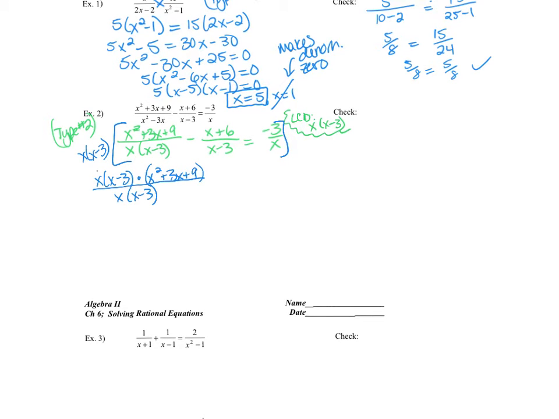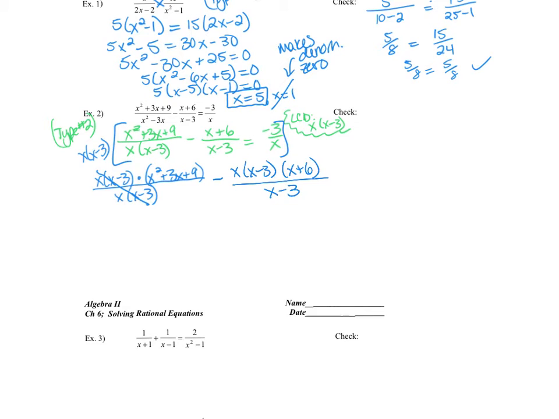So I can simplify by canceling those out, so I'm left with just what lives in the numerator already. This is essentially what we're doing for each term in the equation, and I'm going to write it out now just so you can see, but when we move on to the next example, I'm not going to write it out just because it's a step that you can do in your head, but I will show you why it works in this example. So now if I multiply x times x minus 3 times x plus 6 over x